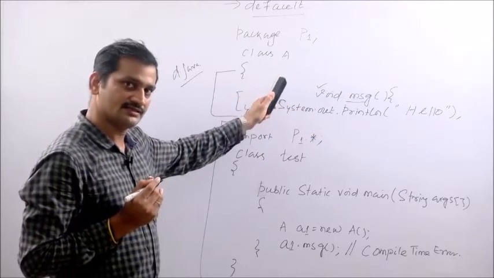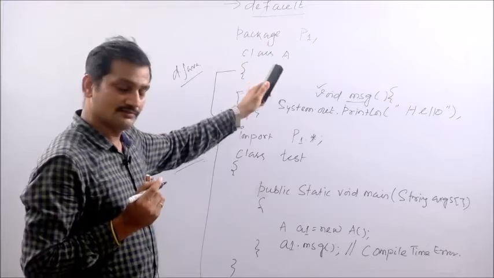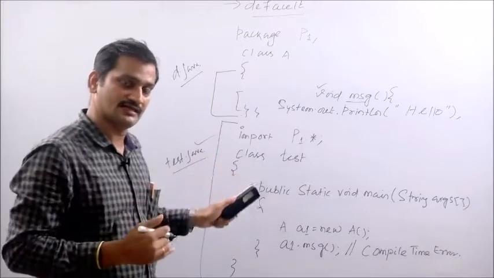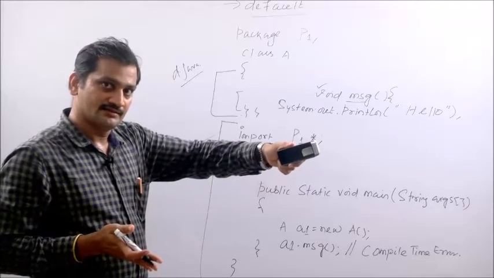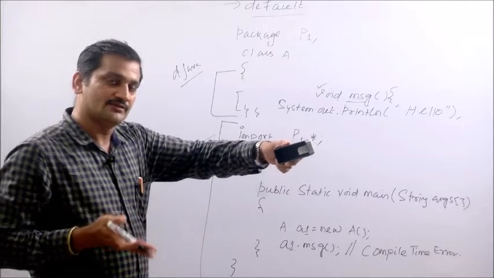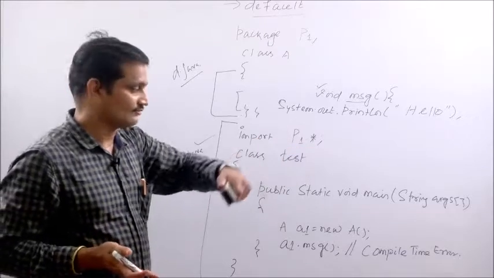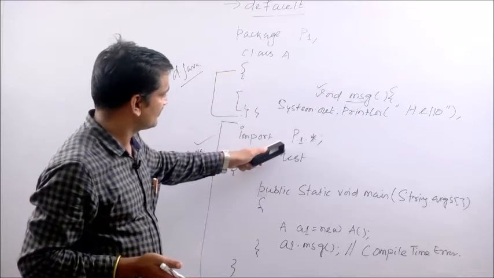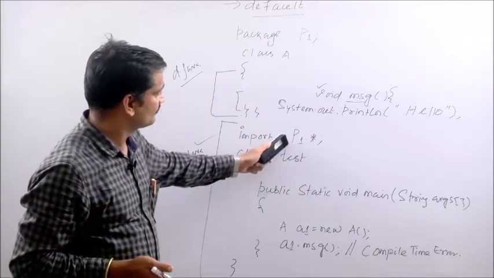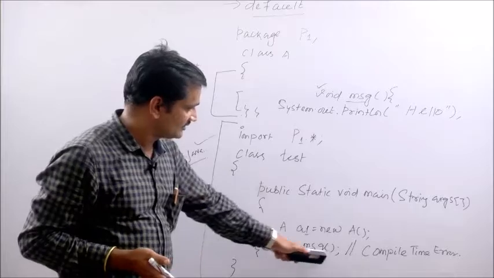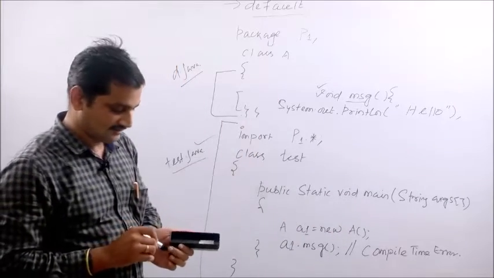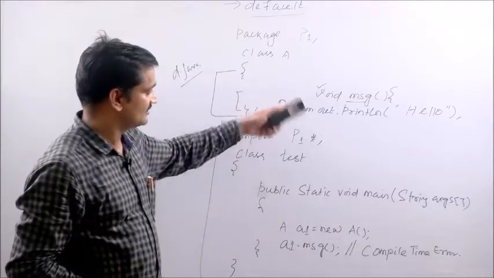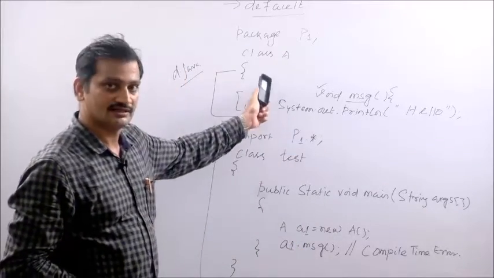And what does the default access specifier say? A member defined with default access specifier can only be accessed within the package, though outside the class, but within the package any other class can access it, not outside of the package. But we are trying to access it here in another program, that is test.java. We are importing the package P1 here, and as you call this, this will give you a compile time error. In the first example, it was okay. In this example, it will give you an error. This error comes because it is defined with default access specifier.